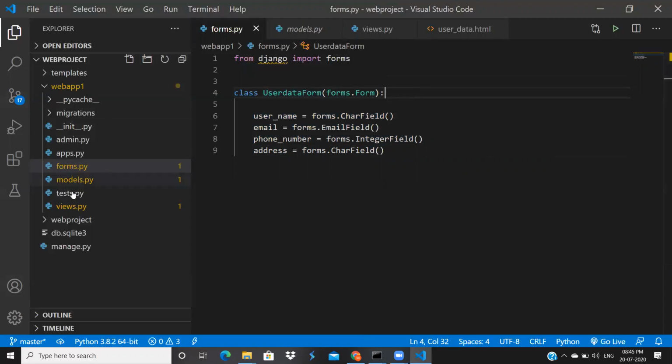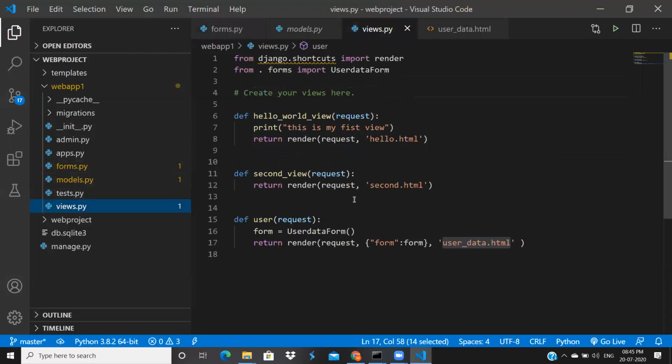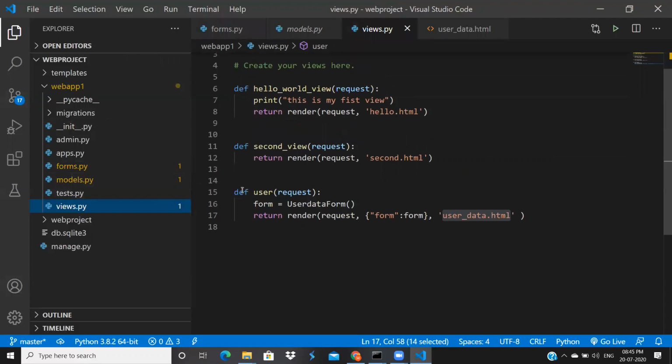After that, I went to views. Here, I created a new view, user. It accepts request as an argument. Now I initiated my form object and I'm passing that form object to the user. Render request and user data.html are familiar, but one new thing is happening here: we are passing one dictionary to the user.